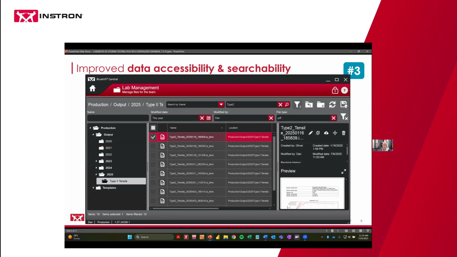I have a couple of different screenshots here. The first one is when you're looking at the file system. I blew it up, so hopefully we can see. It looks like Windows, right? Instead of being in the Windows environment, everything is stored on the database, but we still have the folder structure tree over here. Everything that you might be searching for is in the middle. We have a preview on the right-hand side, and searching mechanisms to search by file names, by dates, by file types, maybe who modified it,